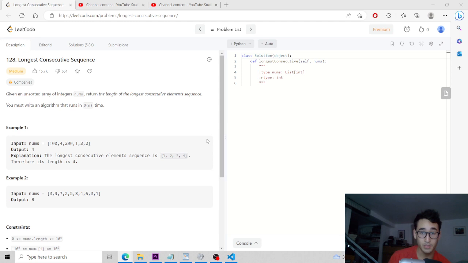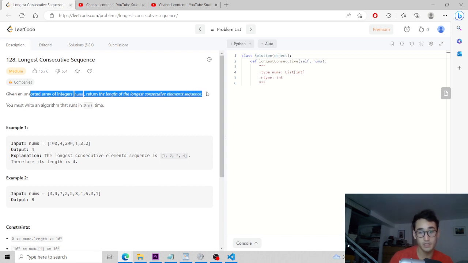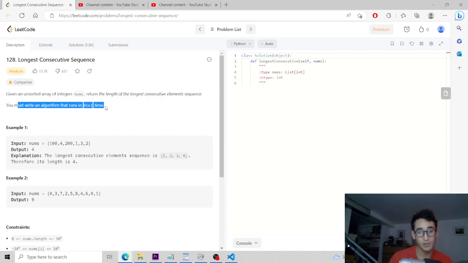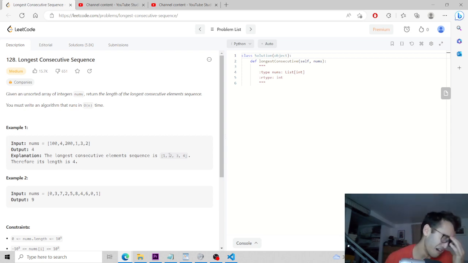I'm doing this LeetCode across the whole entire planet of NeetCode timeline, and we're doing longest consecutive sequence, where we're given an unsorted array of integers nums, and we're going to return the length of the longest consecutive elements sequence, where I need to write an algorithm that runs in O(n) time. Oh no, it's the fastest one. Actually, I don't think it's the fastest one. O(log n) would be faster, but that's not what they're telling us to do. So I guess it's not as bad as I thought.